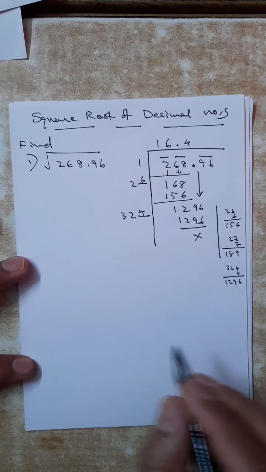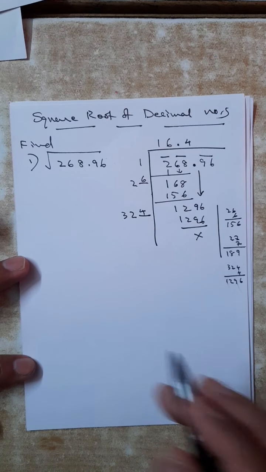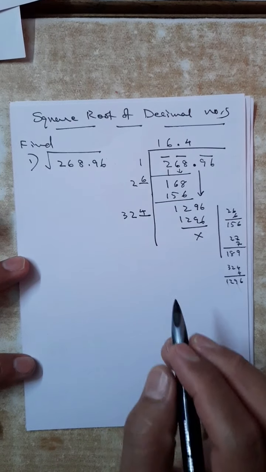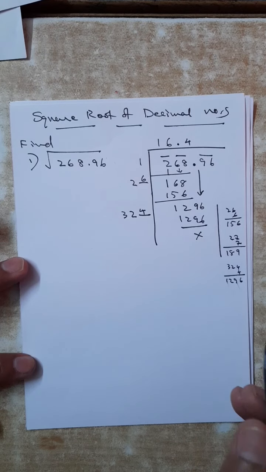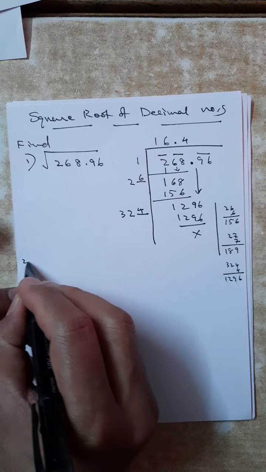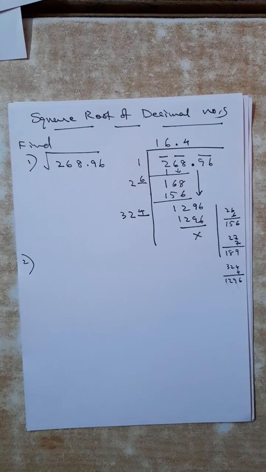So if it is a decimal number, no issue at all. Ordinary numbers we studied means one method is studied, for big number or decimal number, whatever be the thing, we can apply the method what we studied. Another question.